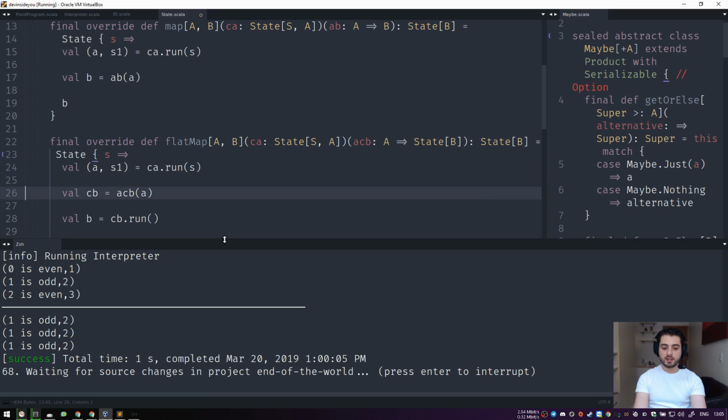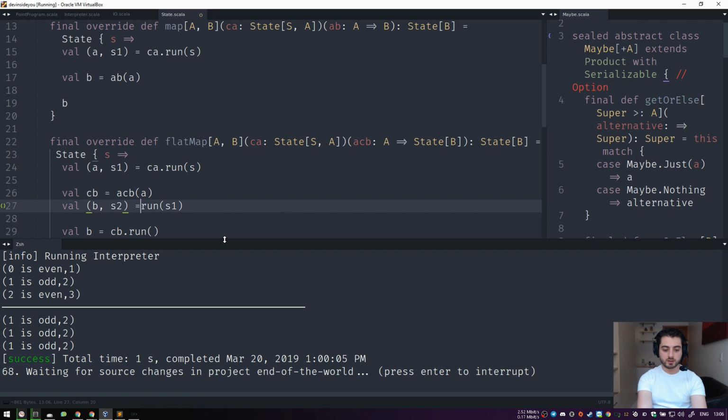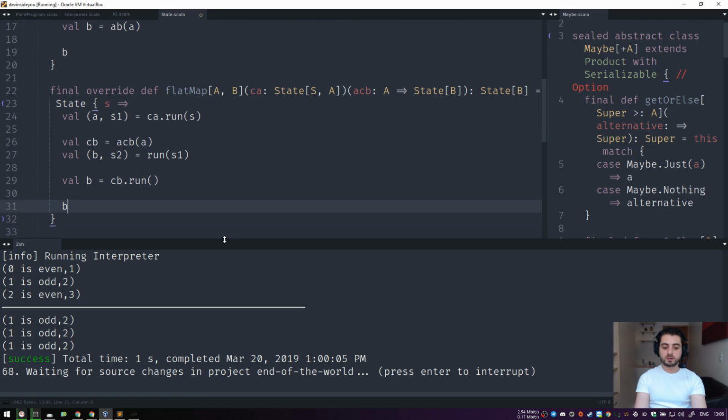Because if we have a CA B and we're passing in an A, then a state comes out, right? So we can do run on that state, and run needs some other S. So this is where the S1 comes into play, and now CB comes out instead. In fact, let's do this. So this was CB, and this was B and S2, right? Like this. And what we need to produce is